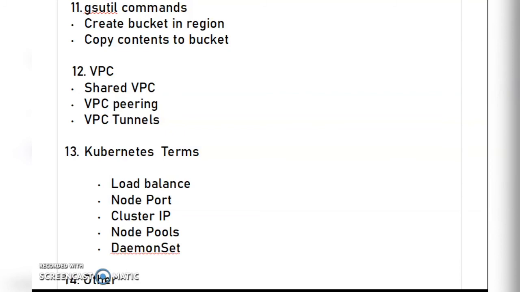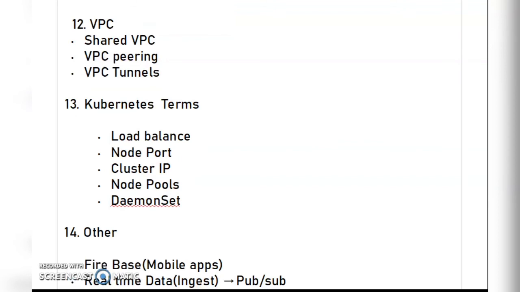If you are new to Kubernetes and do not know what terminologies are used in Kubernetes, I would highly recommend you go through a basic Kubernetes tutorial. You should be familiar with terms like load balancer in Kubernetes, what is NodePort, what is ClusterIP, what are node pools, and what is a DaemonSet. Once you are familiar with this, you will be able to grasp the kubectl commands